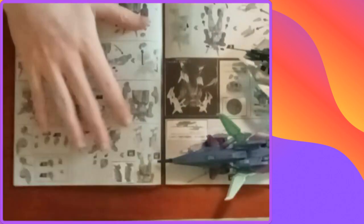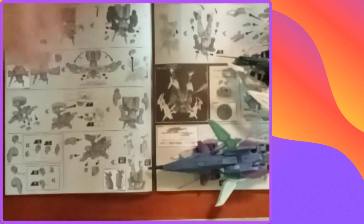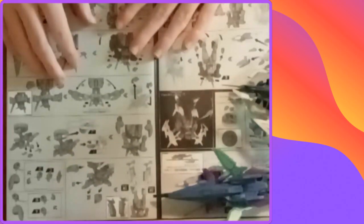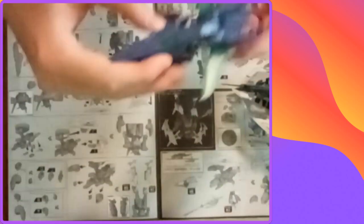Alrighty then, and we are good to go. So, continuing on from last time, we'll be... Yeah, there we go, now it's filling the screen. Going over fusing the...